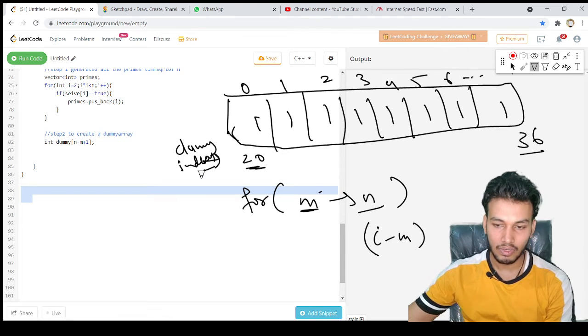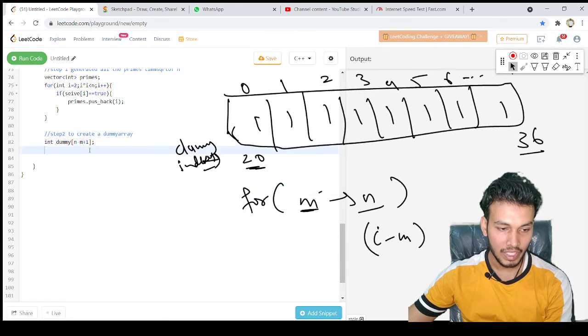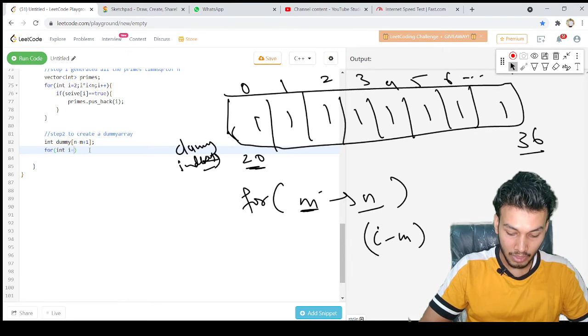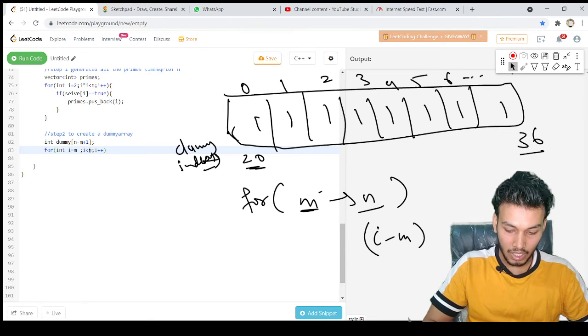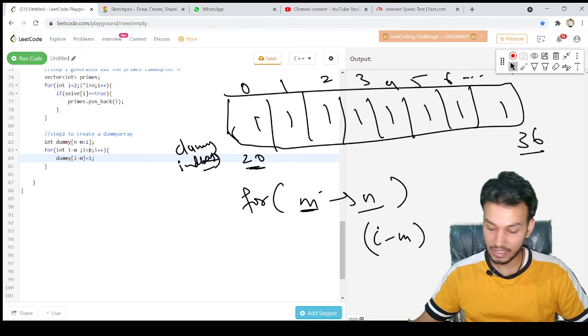So that is how our dummy indexes will work. I need to mark all the dummy indexes as 1. So I'll say for int i equal to m, i less than n, i plus plus, I will say dummy of i minus m equal to 1. Okay, I will mark all the indexes as 1.